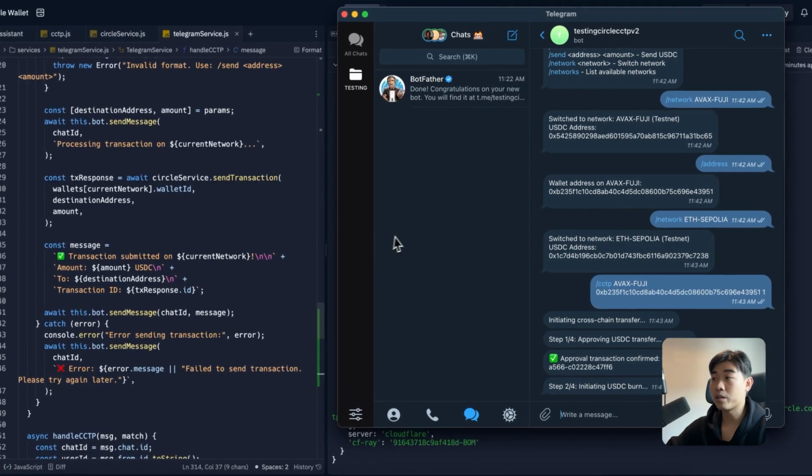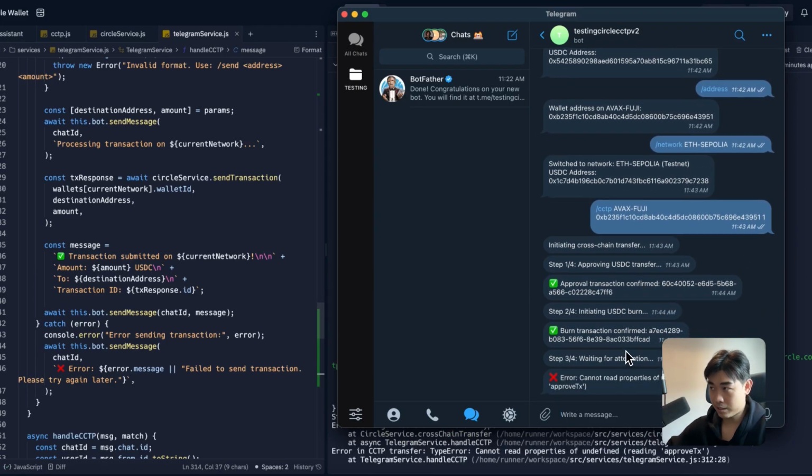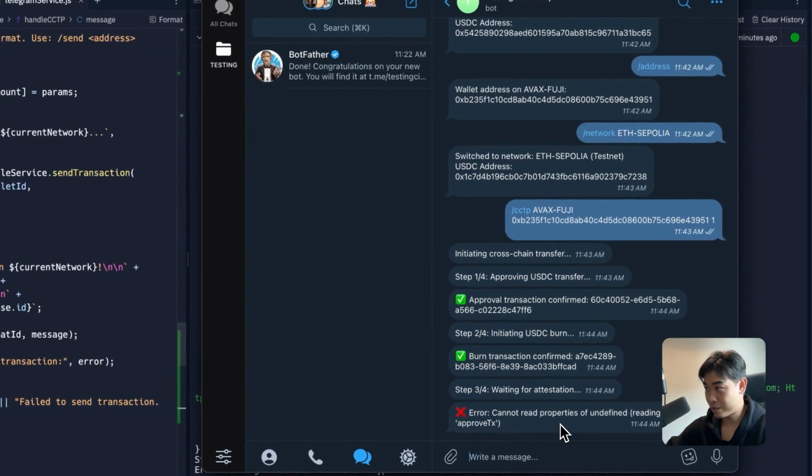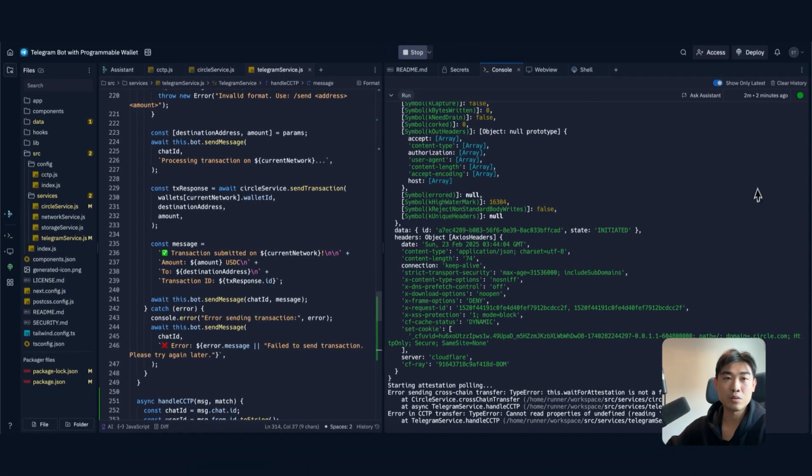So it's a whole lot quicker. You can see the whole process being done. We've already burned, and now we're waiting for attestation. Okay, now we have "read properties undefined, reading approved transaction." So there's a bug. Let's solve this bug. Let me try to solve it. I might have missed out a line of variables. So let me just